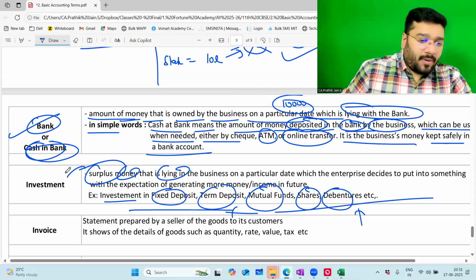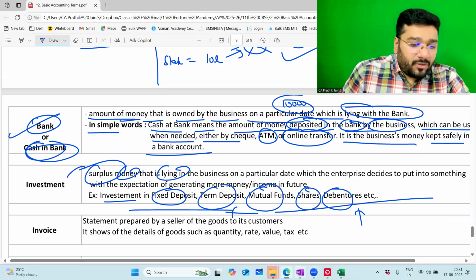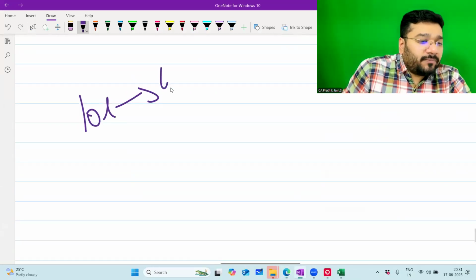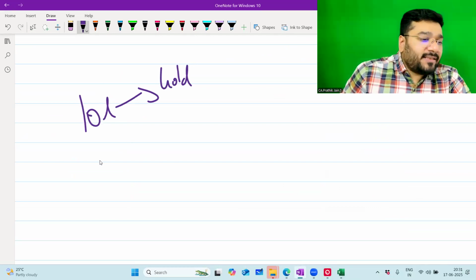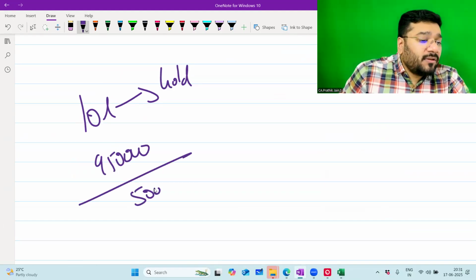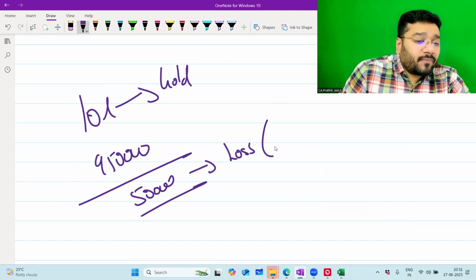Now, since he's asking, I'm telling you, not required, but I'm just telling you. Invested 10 lakh in gold. After 5 days, it became 9 lakh 50,000. How much did I invest? 10 lakh. It became 9.5. How much is the loss? 50,000 is a loss. I call this loss an